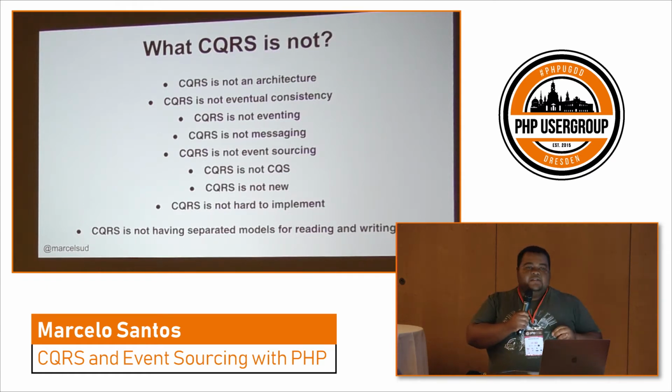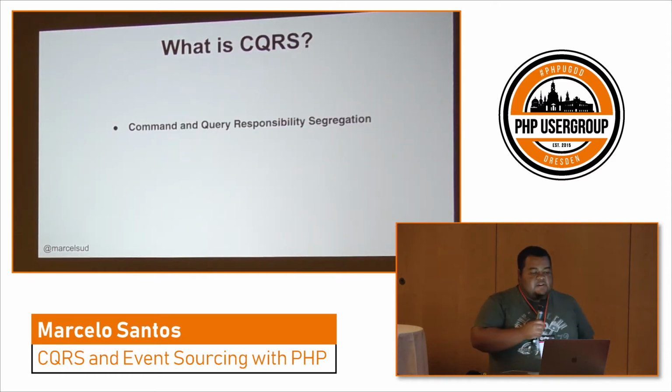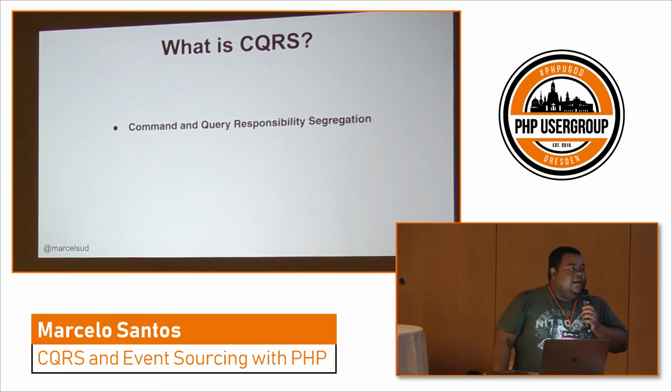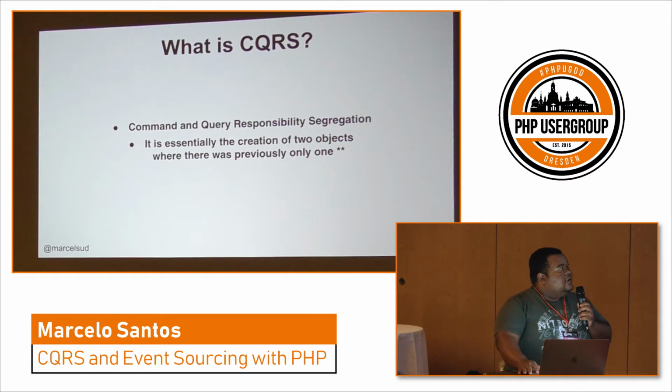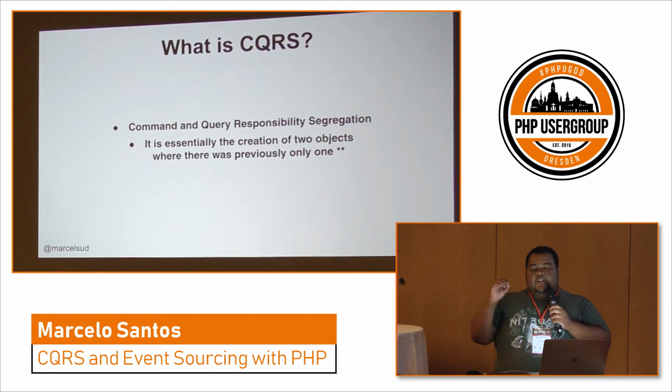The idea is not just to have read and write models, but to separate the responsibilities. So actually, this is what CQRS means: Command and Query Responsibility Segregation. The responsibility is split in two. The code can be too, but the responsibility is a different topic from just code separation. It also means that you will end up with two objects instead of one.